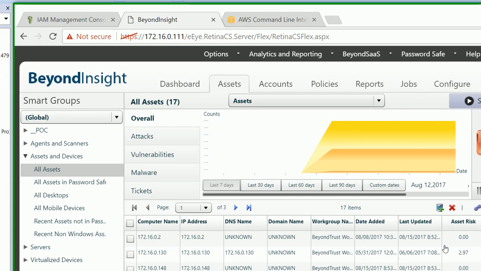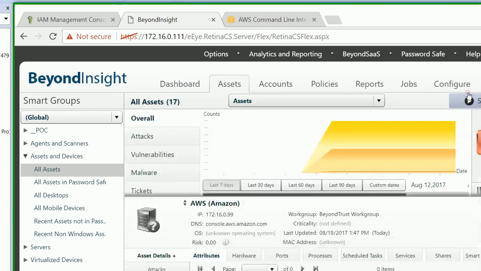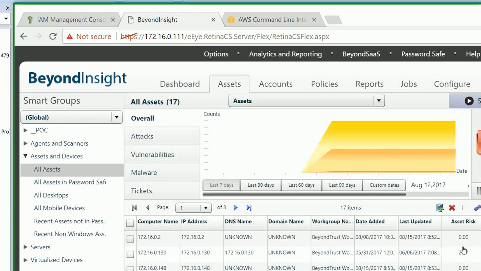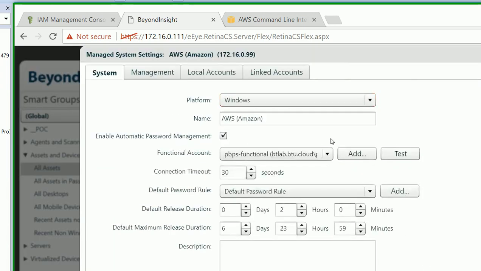And if I take a look at it, I decided to just configure the minimum here, put a fictitious IP address. We're not going to try to discover this asset for now. And then you can click on the arrow here on the right and add the asset to Password Safe. Here, it's been already added, so I don't need to add it again, but I'm going to select Edit Password Safe instead of the Add to Password Safe option. And this is the account I created here